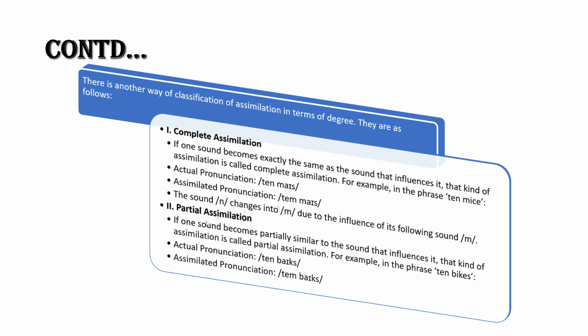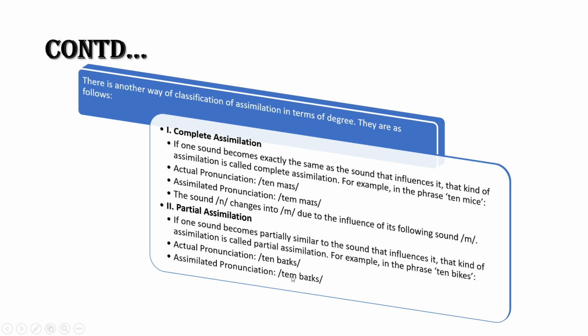And next one is partial assimilation. If one sound becomes partially similar, that is not completely similar, but partially similar to the sound that influences it, that kind of assimilation is called partial assimilation. For example, in the phrase ten bikes, here look at ten bikes, and here no sound changes into mo